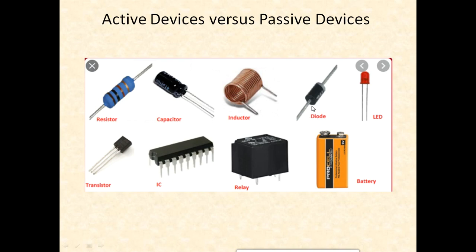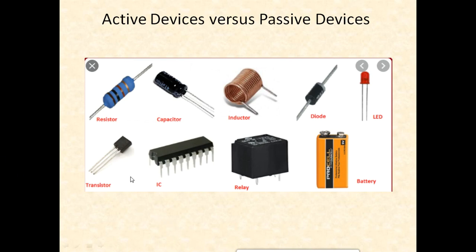Then comes the diode. Well, there are many variants in the diode. So we have a separate chapter on this called two-terminal devices, wherein we will be studying in detail about various types of diodes. Although they are very fundamental, very simplistic, active-based electronic devices, they have a lot of applications in the industry. So we will be looking at those things in a more detailed fashion in the coming chapters.